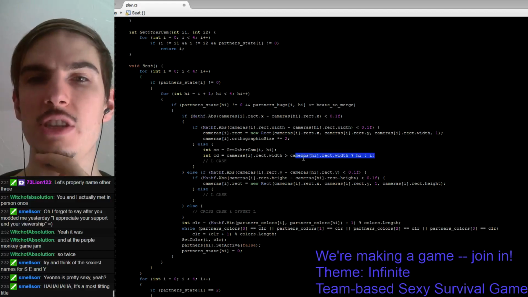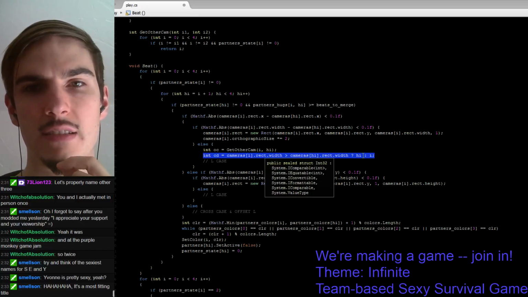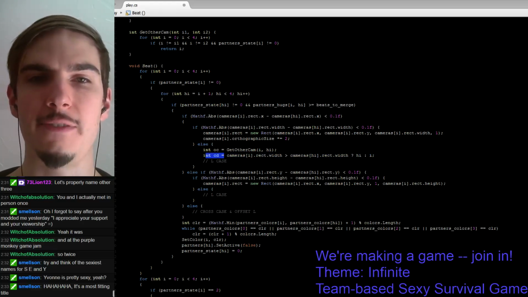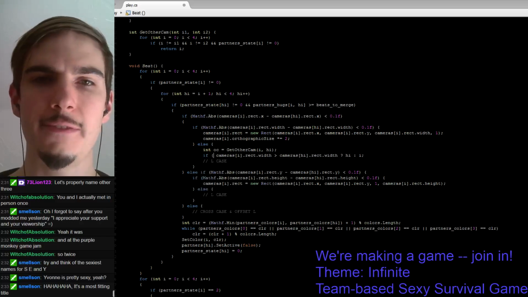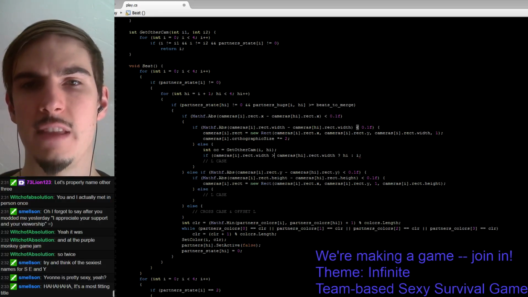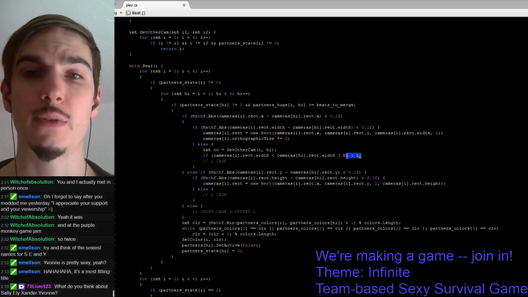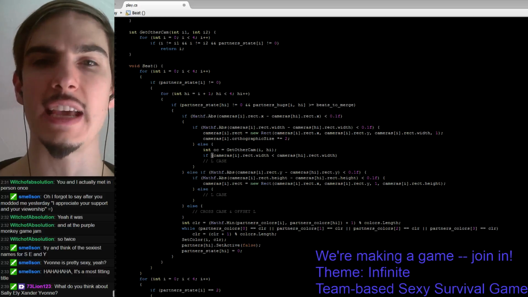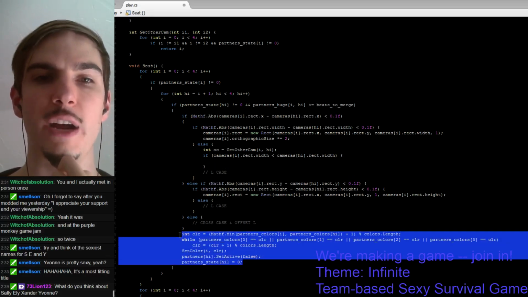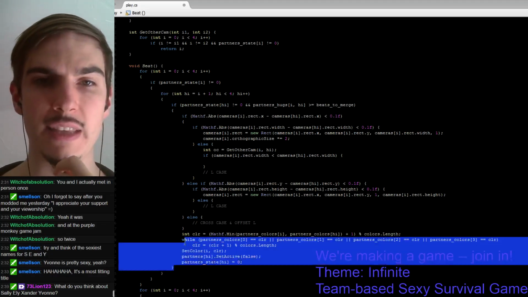Actually, you know what? We can do this otherwise. We can just say outright, if I's rect width is less than camera high's rect width. The reason we only have to handle this one case is that if it's not this case, then it'll just fall through to this lower case wherein it will be handled correctly. So basically all we have to do here is repeat this stuff, but for